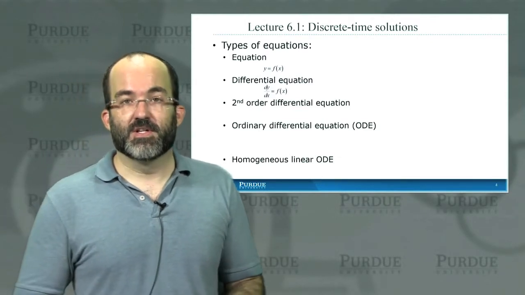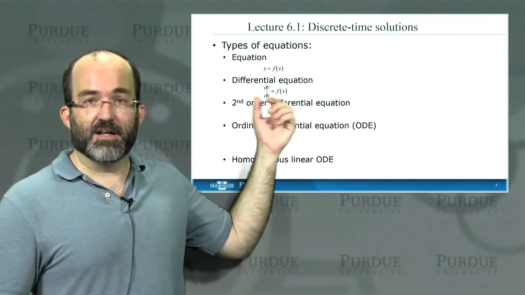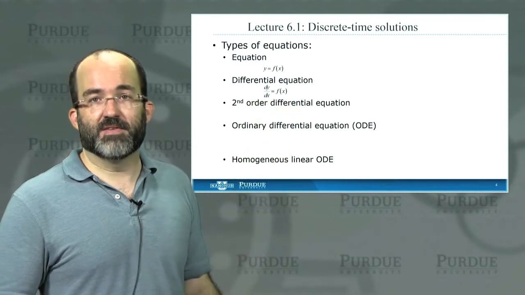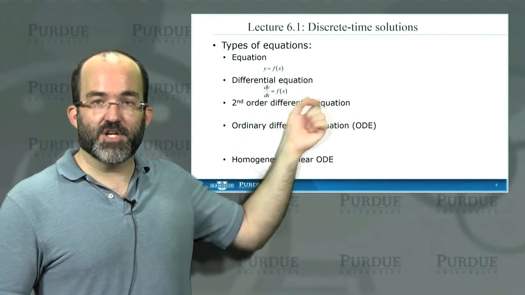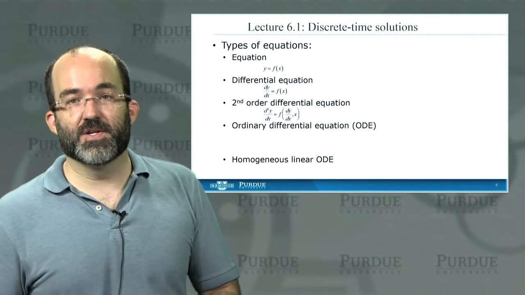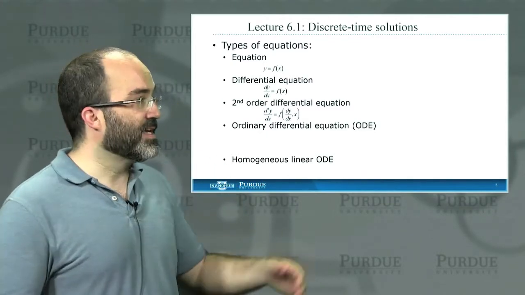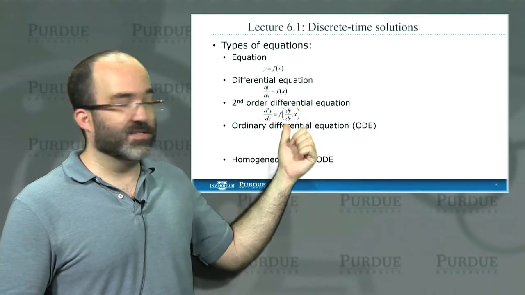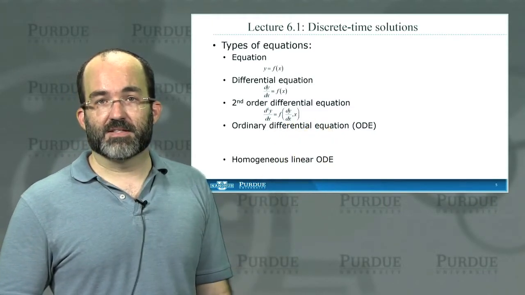What is a differential equation? A differential equation is an equation in which we relate the derivative of the dependent variable to the independent variable. So a derivative or an integral, it doesn't matter. It involves the differentiation of one of the terms to arrive at what we call the differential equation. A second-order differential equation is where we have a second-order derivative somewhere in the equation. So we relate the second derivative of y as a function f(x), in this case, a function of potentially the first derivative of y with respect to x, and also x itself.